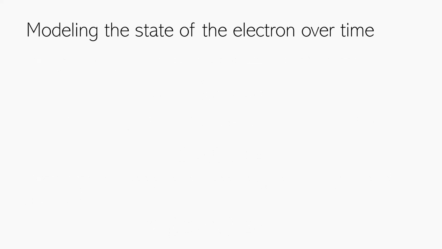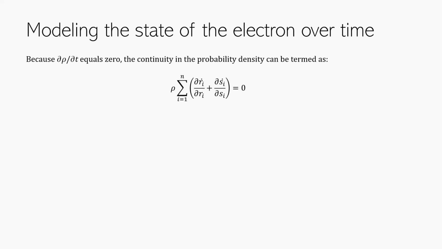But we know that things will change over the course of this computational cycle. The total amount of entropy produced will stay the same, but when correlations are found, we can redistribute that energy back into the system. And the mechanism for doing that is by solving for the Hamiltonian operator. So because the partial derivative of the density matrix equals 0, the continuity and the probability density can be made equal to 0. And because the vector spaces r dot and s dot are defined in relation to the Hamiltonian